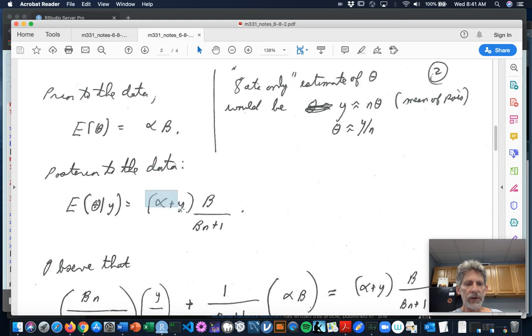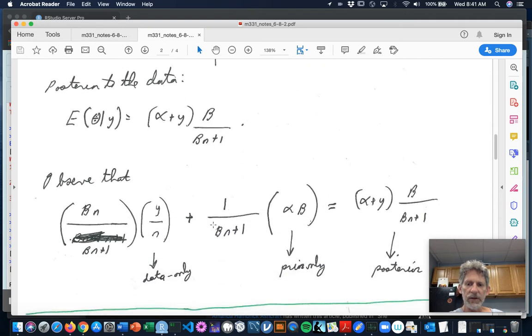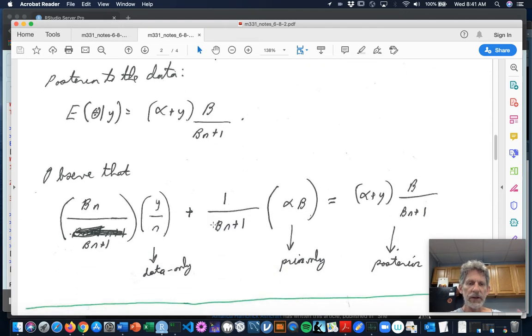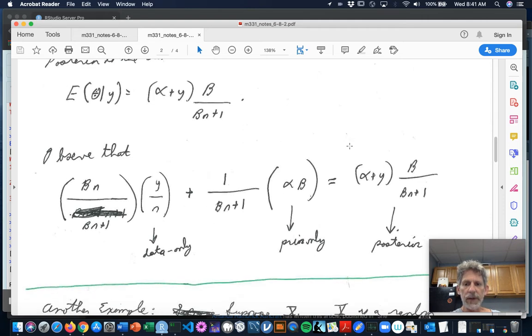And so that would be the first parameter in the gamma times the second parameter in the gamma. And just like the example that we considered earlier, it turns out that you can express that posterior conditional expectation as a weighted average of the data-only estimate of theta and the prior-only estimate of theta. The weights, this and this, you can see they really are weights because if you add them up, they come